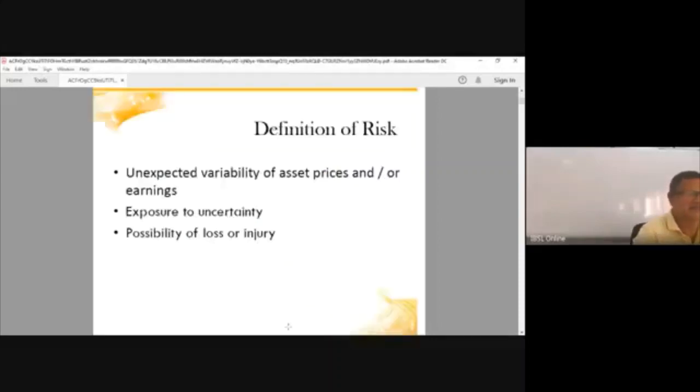The definition of risk, in banking terms, is exposure to uncertainty. In other areas it could be a loss or injury. Generally, what we say is if you are subject to risk, the end result will be a loss. If you have taken a risk in investment